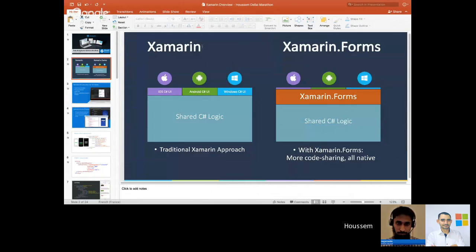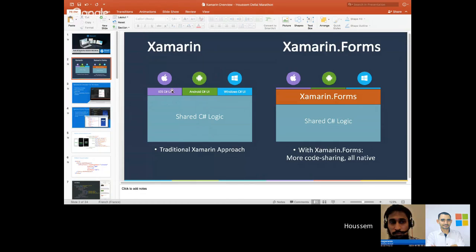At first, I want to mention some of the differences between Xamarin and Xamarin Forms. We always say Xamarin, but on some blogs and videos, they mention Xamarin Forms. What is the difference between the two paradigms? The first one, Xamarin. With Xamarin, you build your application using shared C# logic. That means you can share only the logic code of your application, and you have to write the user interface separately for each platform. For iOS, you have to use the iOS concepts,